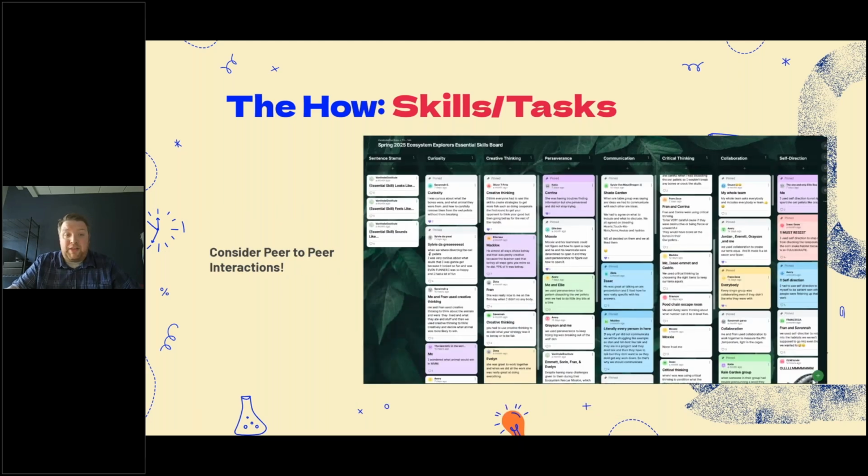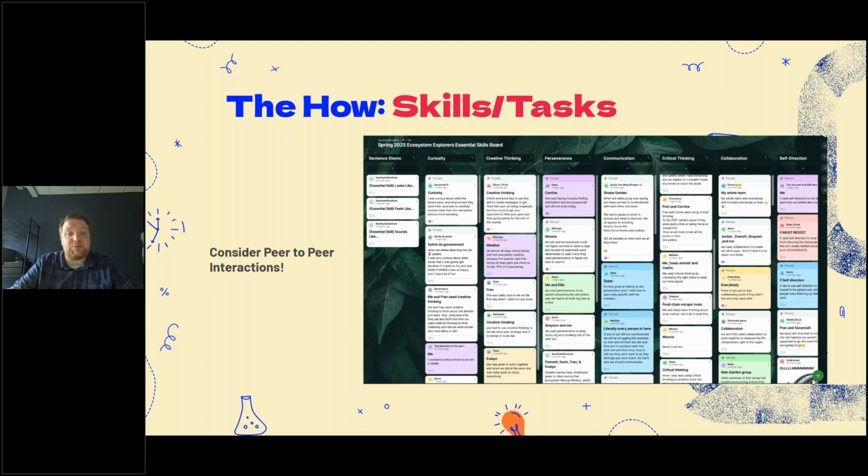Another really important thing is peer-to-peer interactions. It's great for you to notice that your student is doing something well, something appropriate in the classroom, or going above and beyond, helping a classmate, and you rewarding them. It's just as powerful for their peers to look at that and reward them as well. So this is a Padlet here that I have an example of. In my class, we like to highlight some essential skill that we think we need to use to be successful in our science class. Things like curiosity, creative thinking, critical thinking, collaboration.